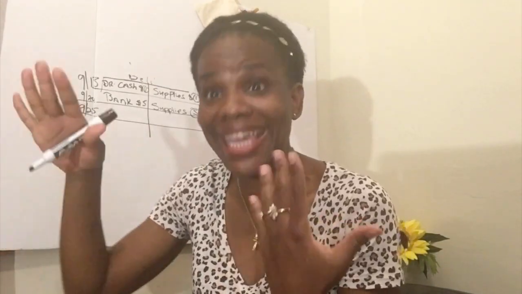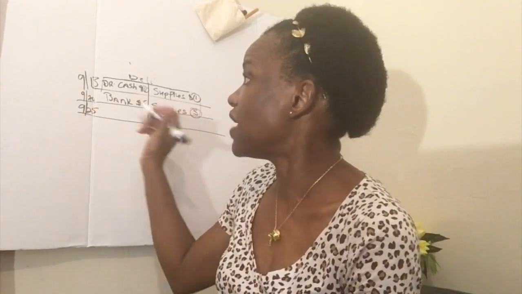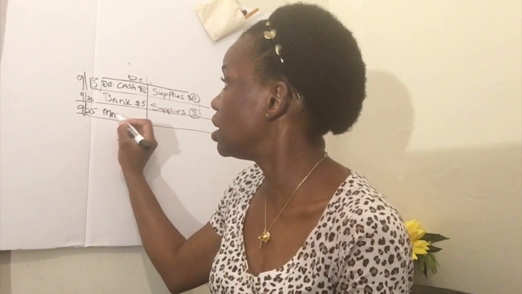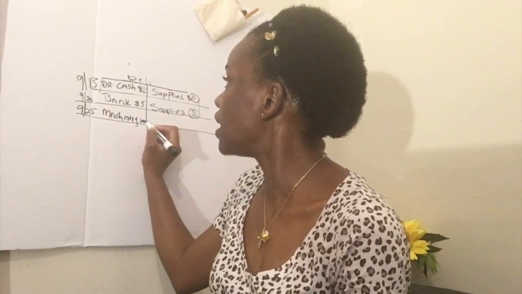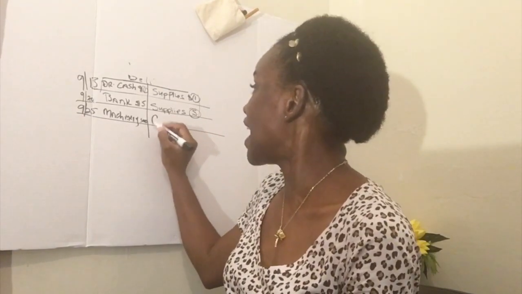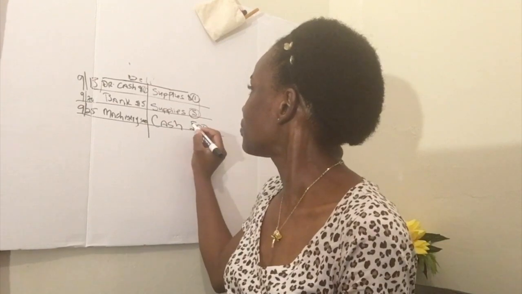We debit the receiver. What are we receiving? We're receiving the machine. And what are we giving out? What is walking out the door? Cash. So we debit the receiver. So on September 25th, it would be machine or machinery, $500. And what do we credit? Cash, $500. Make sense? So we debit the receiver and we credit the giver. All right? We still own the deli.